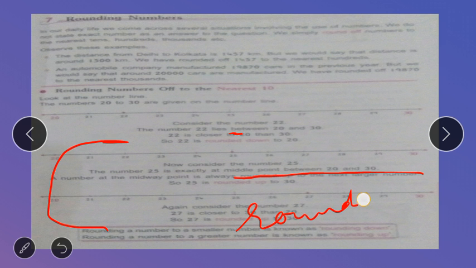Now see, within one example, in this number line only I have explained all these things. Okay, clear children? As I have told, if the number is 25 or 26, 27, 28, then we round it up. We say it is rounded up. And when we round up numbers like 25, 26, it will be 30 only, for all these numbers. And if the number is below 25, like 24 to 21, we round it down, and the answer will be 20 only. So these are all given in this place.